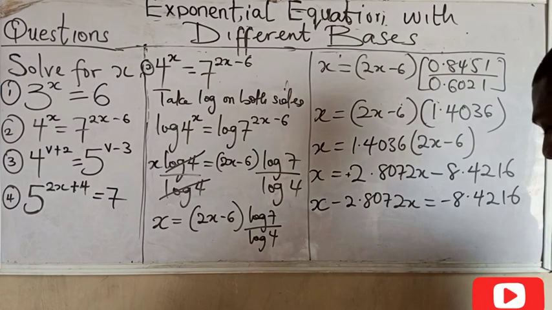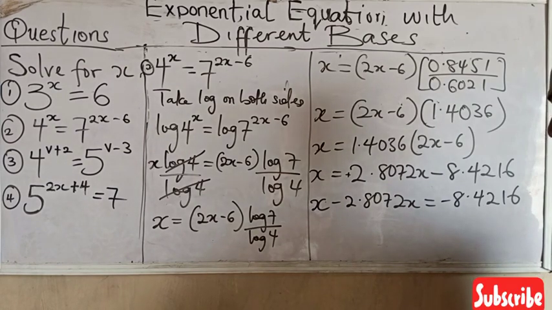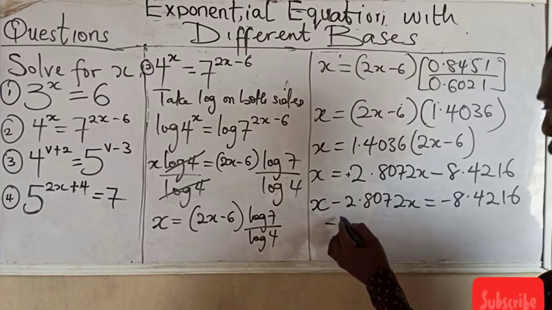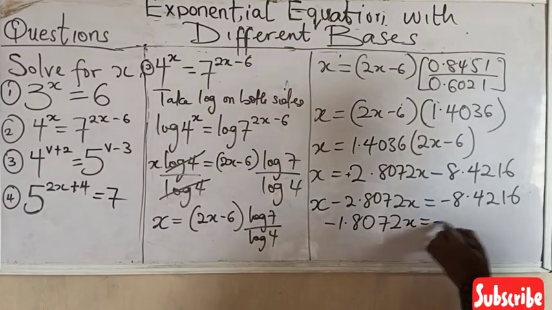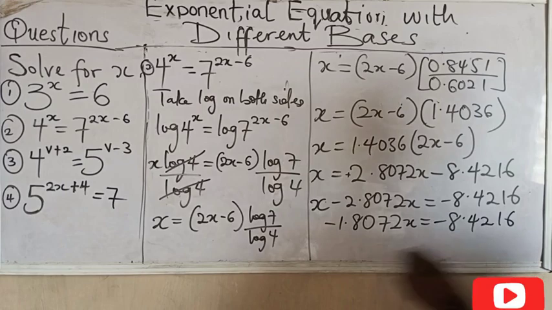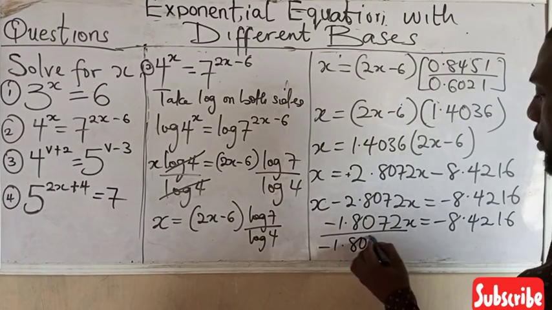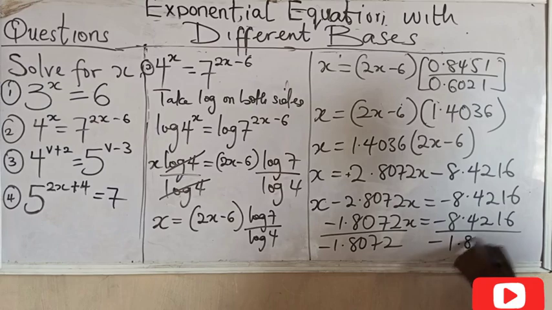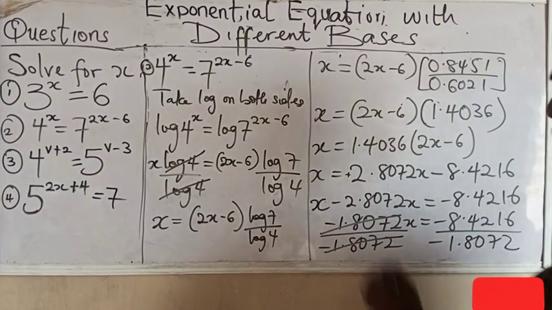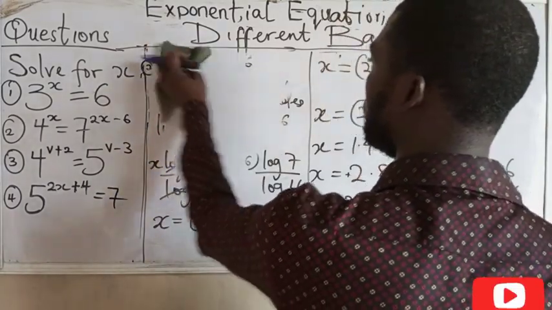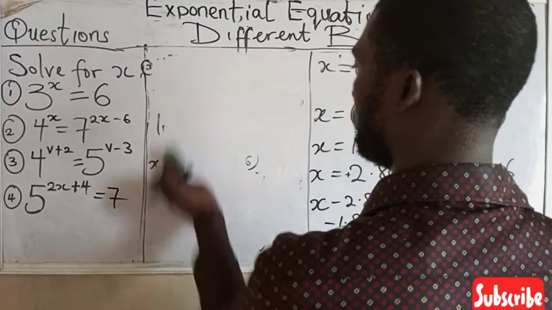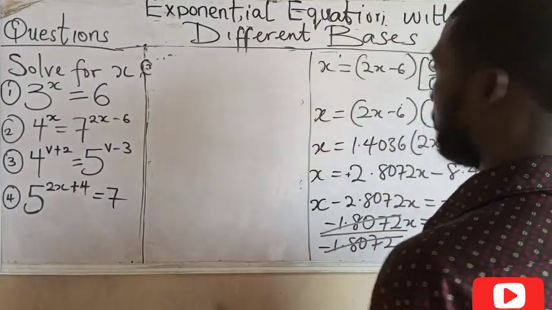So from here, what do we do? We subtract. So let's say 1 minus 2.8072. And what do I have? Okay, I'm having minus 1.8072x equals minus 8.4216. So we divide both sides by minus 1.8072. Then this goes, and from there we have